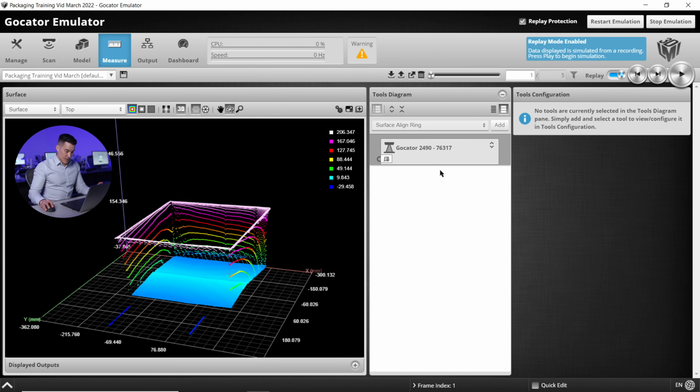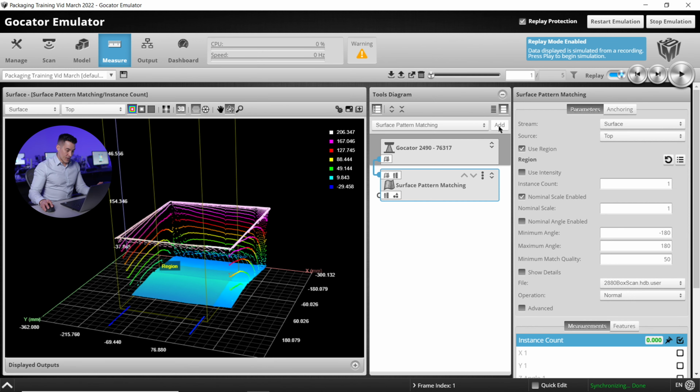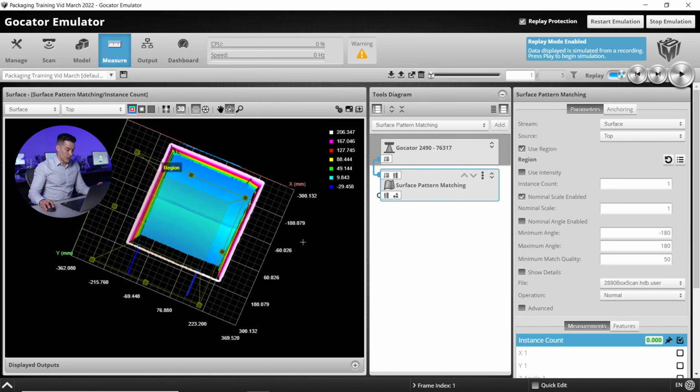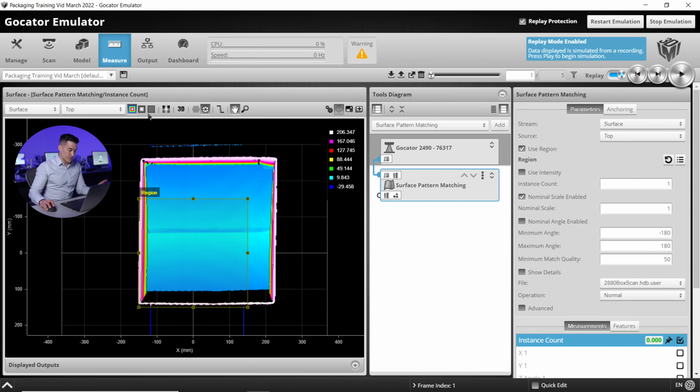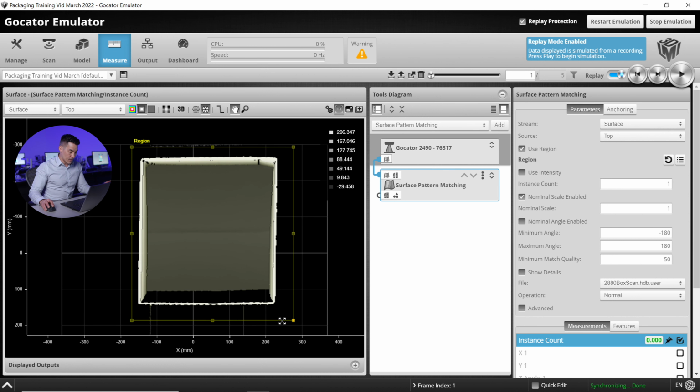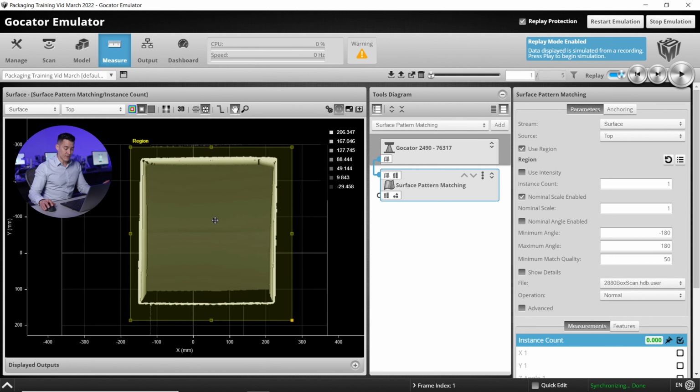Now, with the surface pattern matching tool, we want to make sure that we are adding it to our ideal part. In this case, we'll start with frame number 1, just because it's an empty box. We don't need the pattern of anything inside of it, and also it's fairly aligned with our X and Y axes. So I'm going to first do a top-down view just to make this easier, and also I'm going to go to grayscale just because the region of interest box is yellow and it's a little hard to see over our height map. So once I've changed my region of interest, I'm going to click on Show Details just so we're able to see the pattern that is being created.